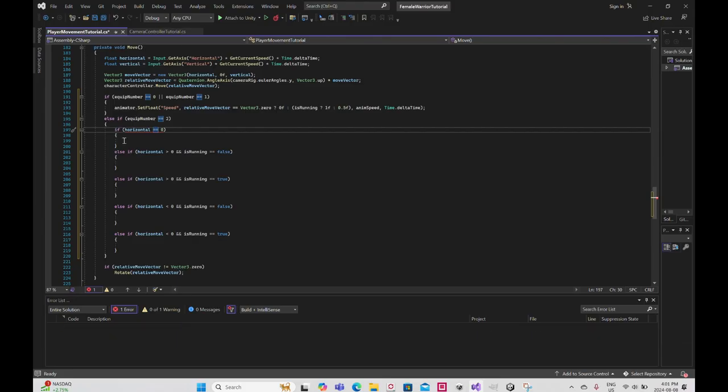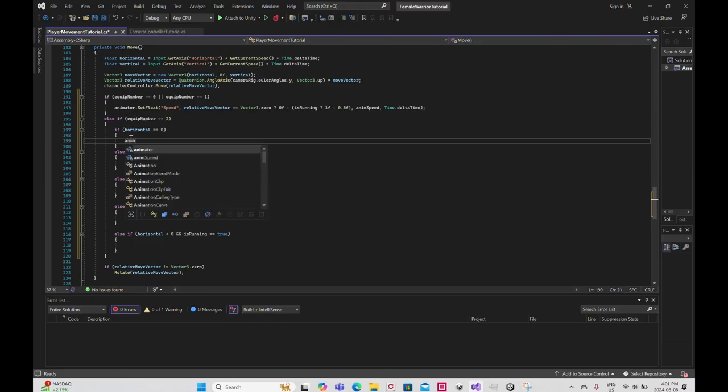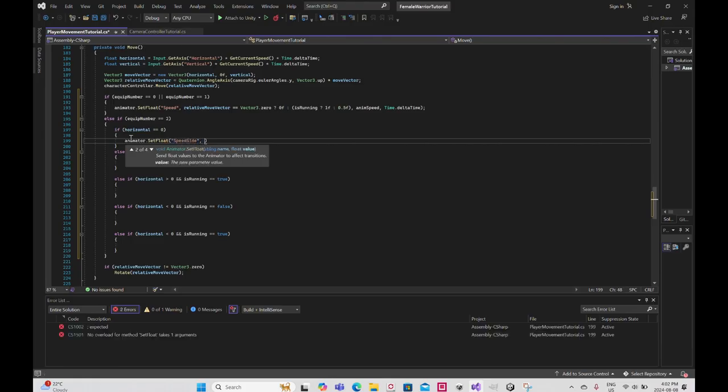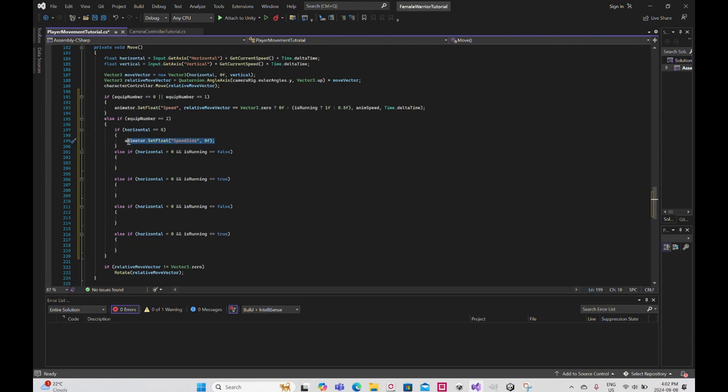Okay. So in this situation, animator dot set float, we're dealing with horizontal, so this is the speed side. That's equal to 0. So I'll just paste all these first. So animator, so if horizontal is greater than 0,